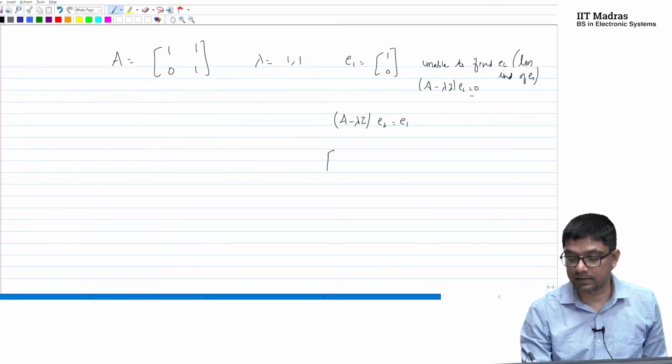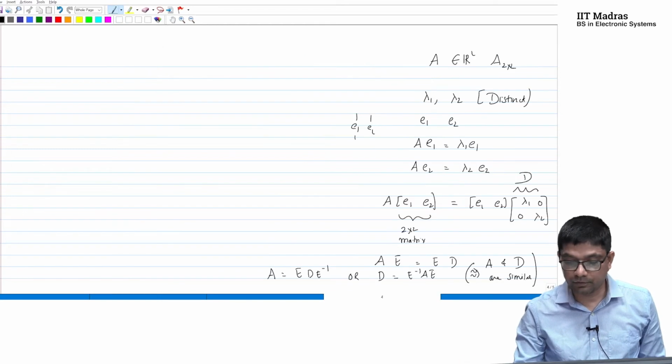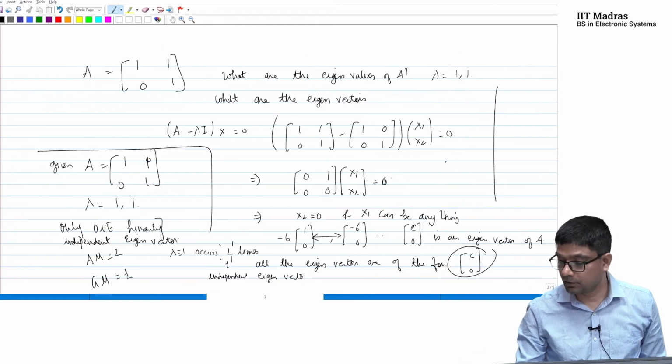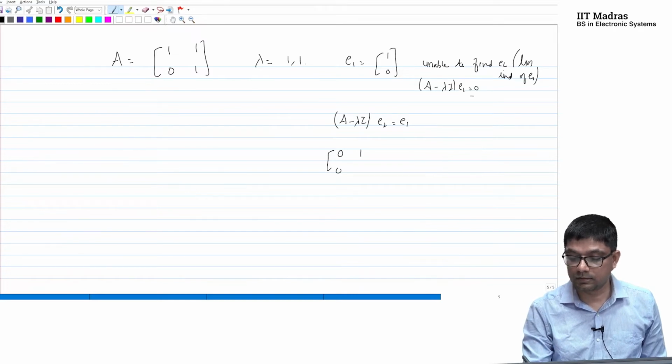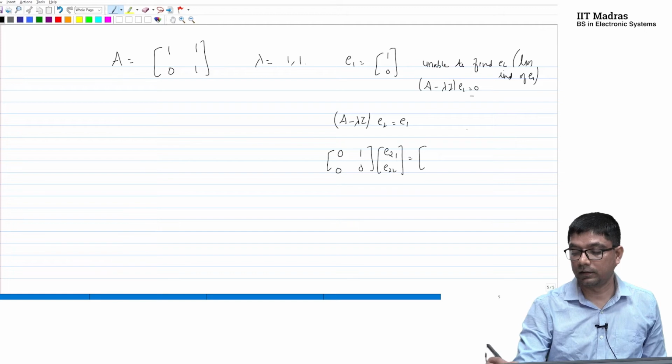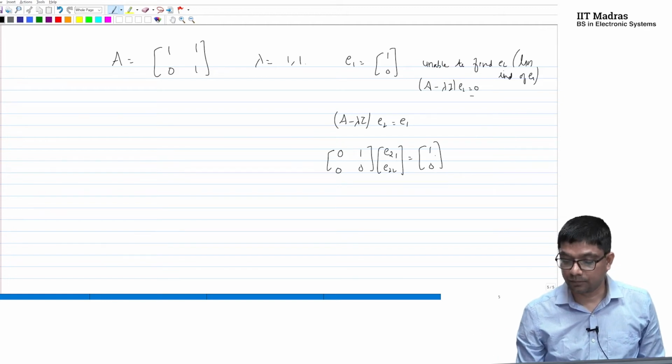So what is A minus lambda I here? A minus lambda I, we computed it to be [0 1; 0 0]. Okay, this is nice. For E2, I'll just call this E21, E22, some numbers here. What was E1? E1 was of the form (1, 0), or any (C, 0). So, what do I get from here is